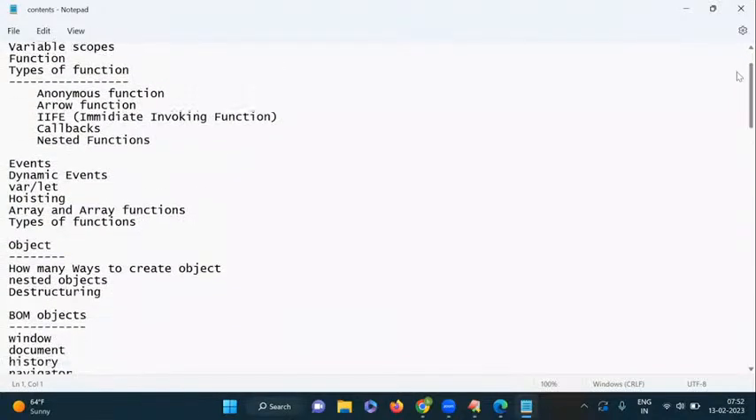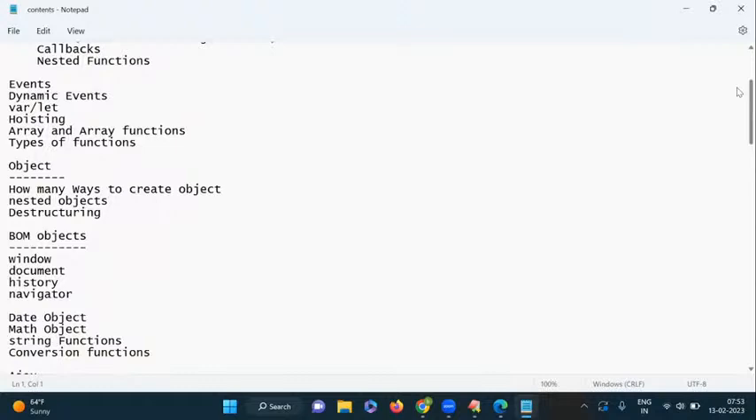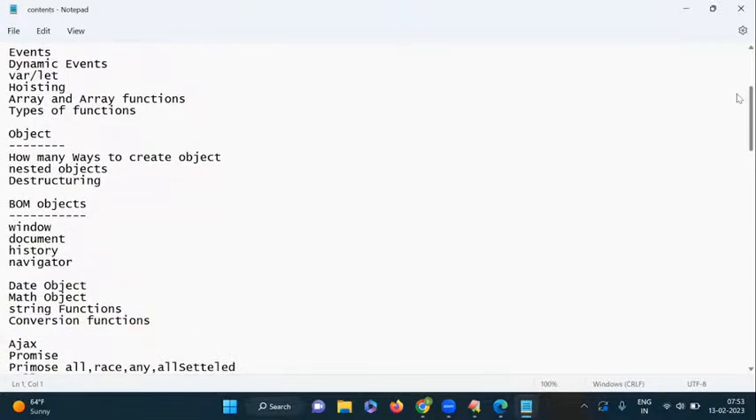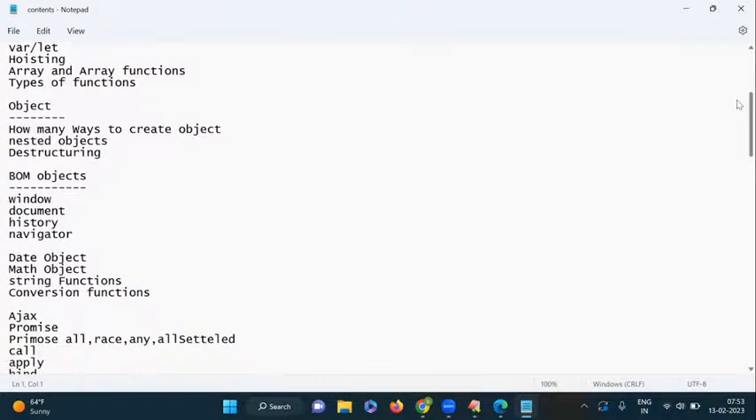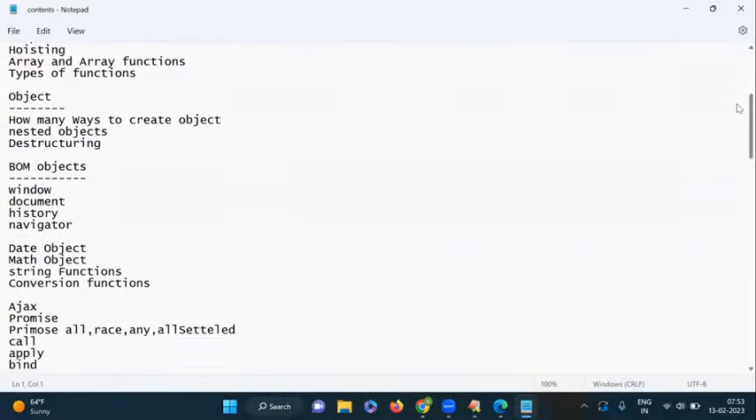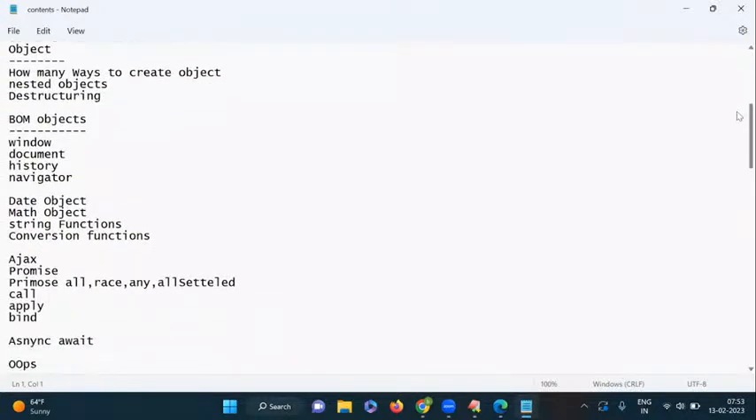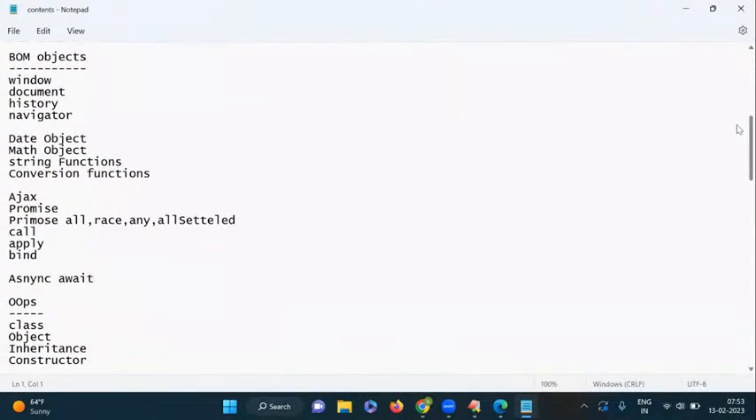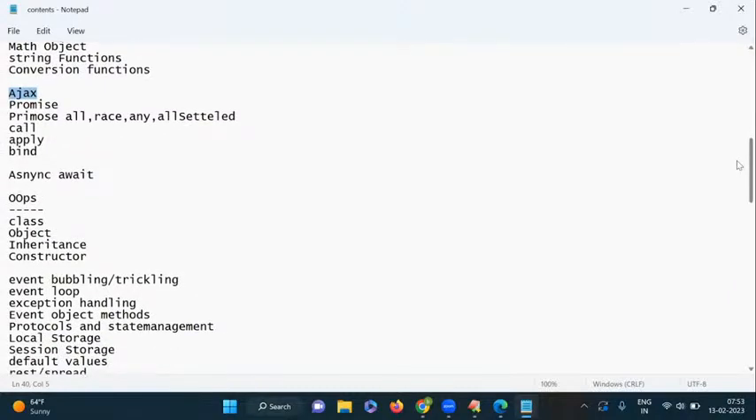Here we cover functions and how many types of functions we have, events and dynamic events, hoisting, array related functions, and objects and how to work with objects. Object is very important because the data coming from Ajax is in the form of objects only. So how to read the object, what are the BOM objects, date object, math, string, conversion functions. Here Ajax is already mentioned, as you can observe, and promise and promise related functions,